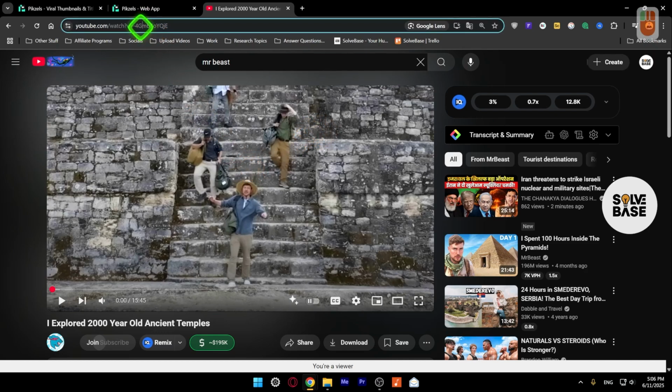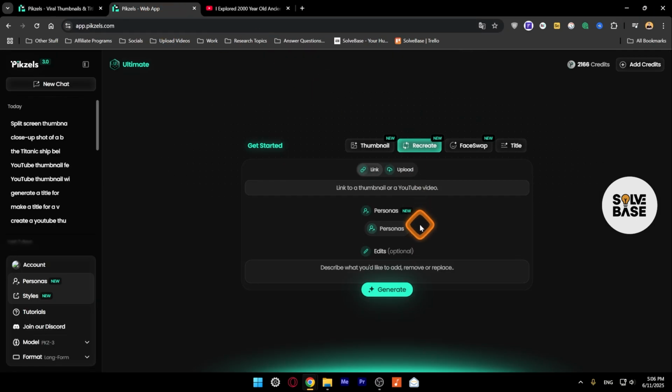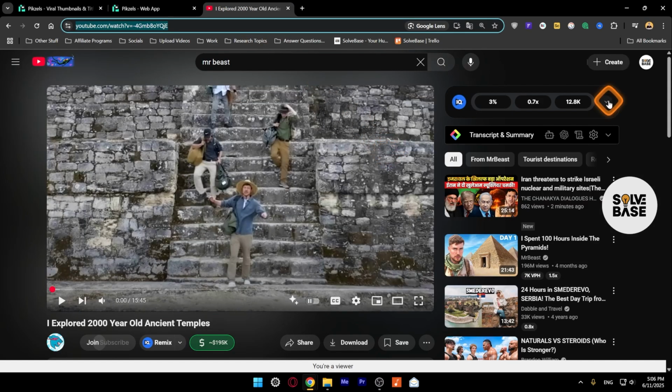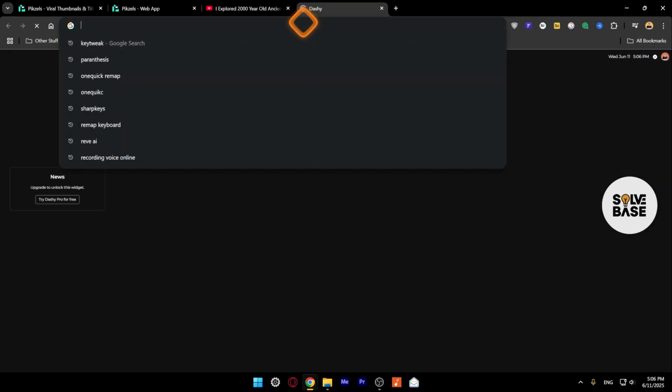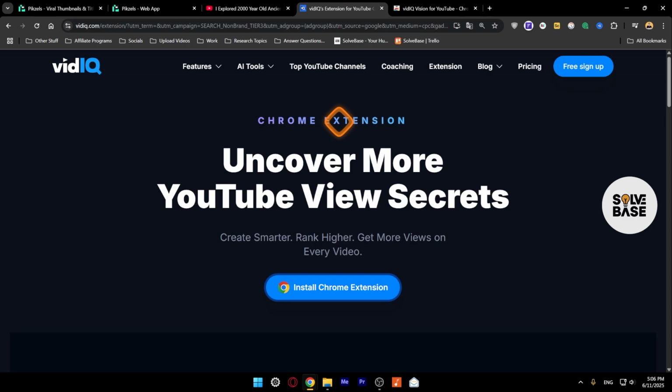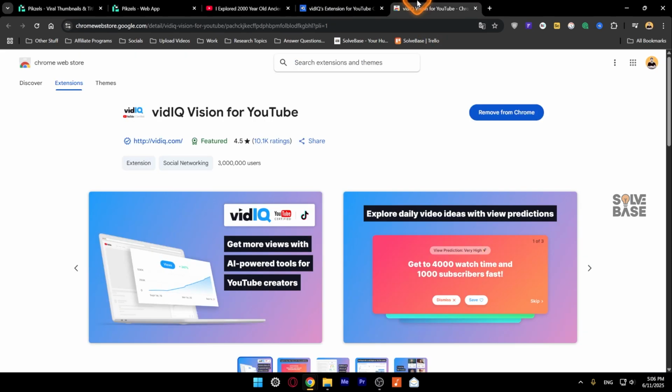You can either just select this on the top, the URL, take it over here in Pexels, and put the link like this. Or you can go here, back to the video, and on the left hand side, I've got this vidIQ extension. You can download it from Chrome. You just need to search for vidIQ Chrome extension on Google, and it's going to take you here. Just click on install Chrome extension. That's going to take you over to